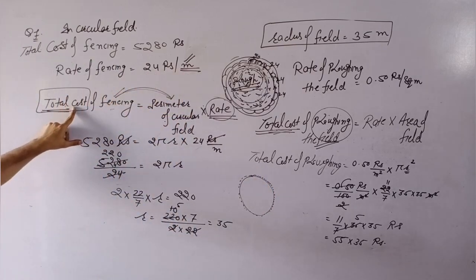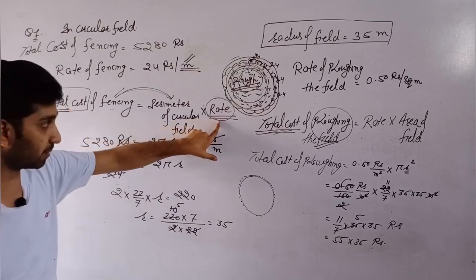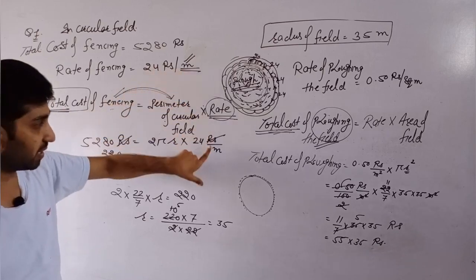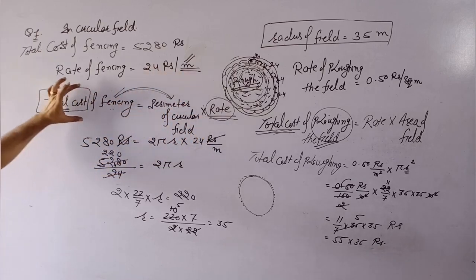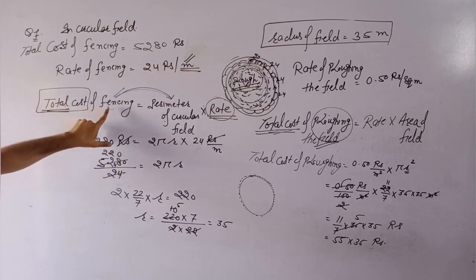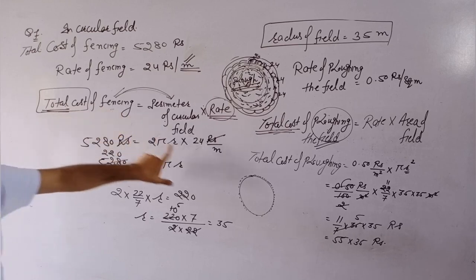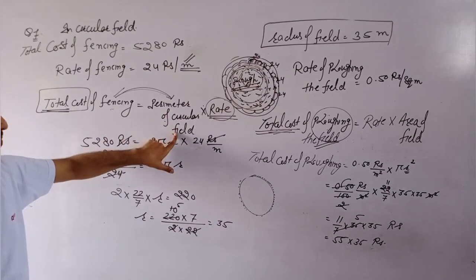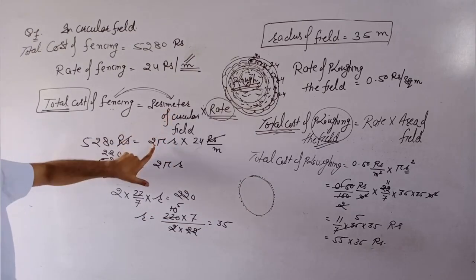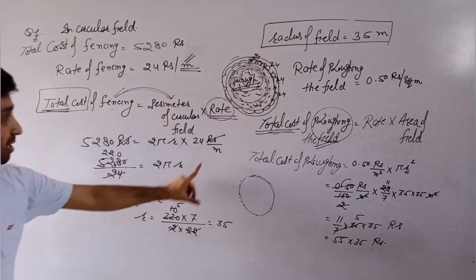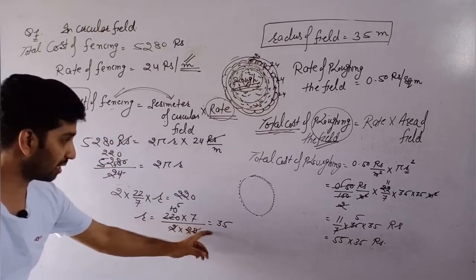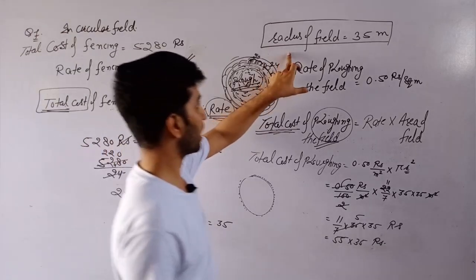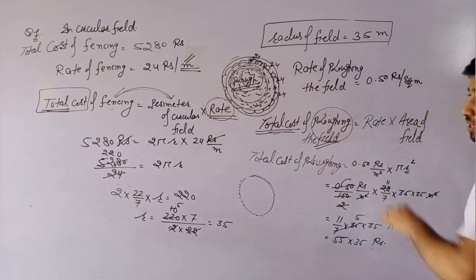टोटल कॉस्ट कहीं भी फाइंड करनी हो, उसका कॉन्सेप्ट ये रहता है कि एक तो चाहिए होती है रेट, तो रेट है 24 रुपीज़ पर मीटर। और एक क्या चाहिए होता है, जिस पर टोटल कॉस्ट फाइंड कर रहा है। यहाँ फेंसिंग की फाइंड कर रहा है, तो फेंसिंग में पैरामीटर ऑफ फील्ड यूज हो रहा है। फील्ड सर्कुलर है, तो पैरामीटर का होता है 2πr। इस कॉन्सेप्ट का सोल्यूशन हमने पूरा किया, तो हमें r मिली 35 मीटर।